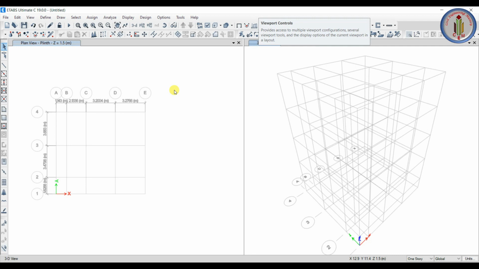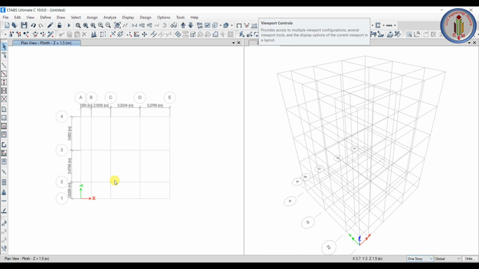Now let's define the material property and let's define the member properties. As I told you, here you can see the option one story. One story means in plan view, if you keep it in plinth level, see here it is plinth, so if you make any changes, that will be applicable only in plinth level. Next, let's see all stories. All stories means whatever you change in this plan will replicate to all stories. And similar stories means, as I told you before, whatever stories we have selected as similar, only in those the changes will appear.